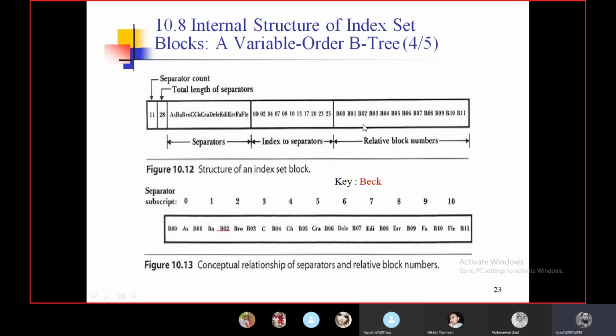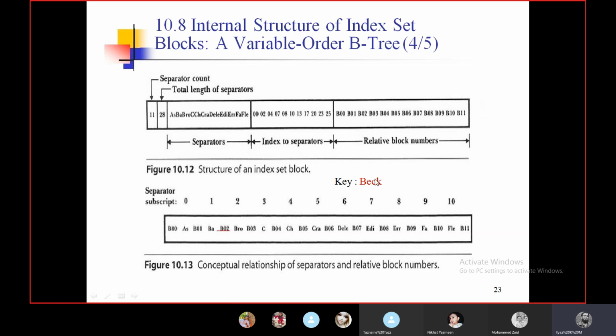For example, this 00 is the number or index for the separator AS. So this AS00 is linked with the block number B00. Like that, all other separators are linked with their respective block numbers.